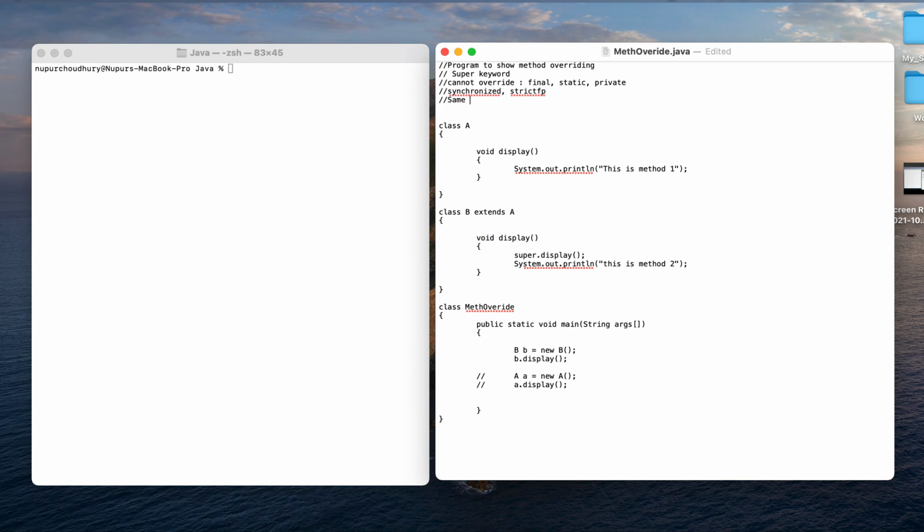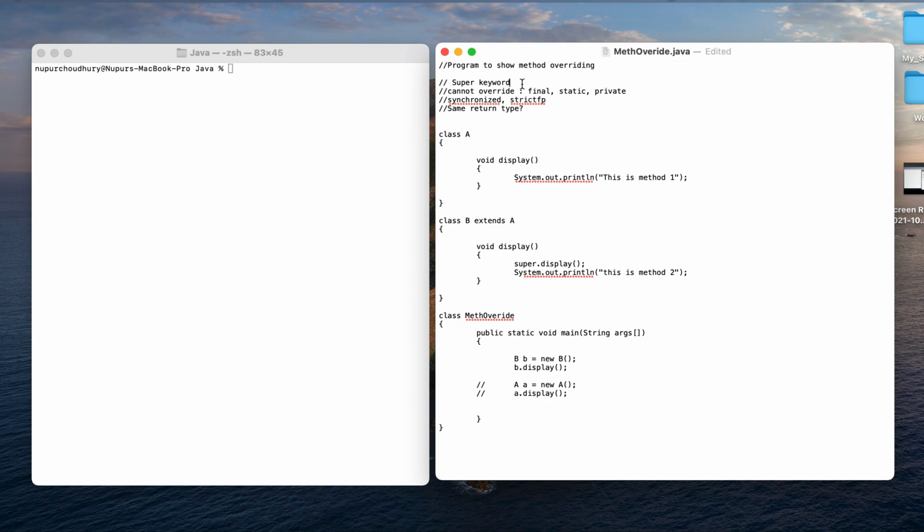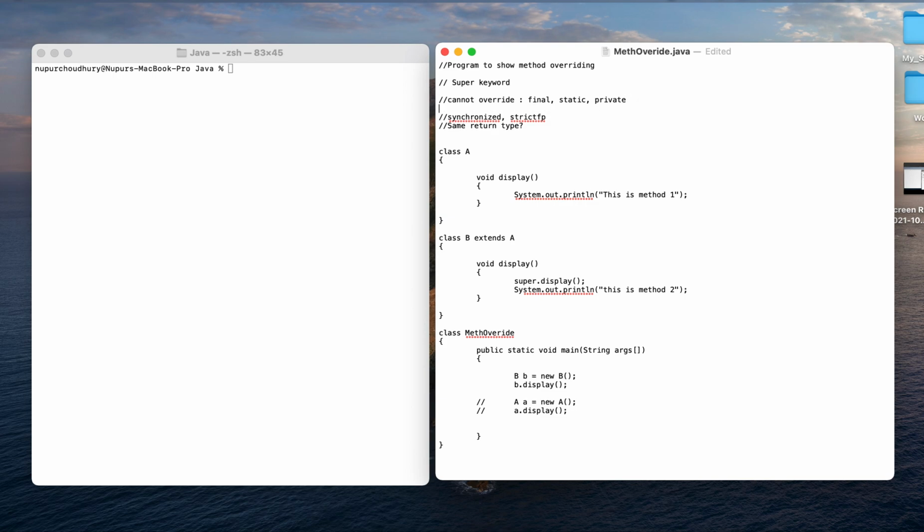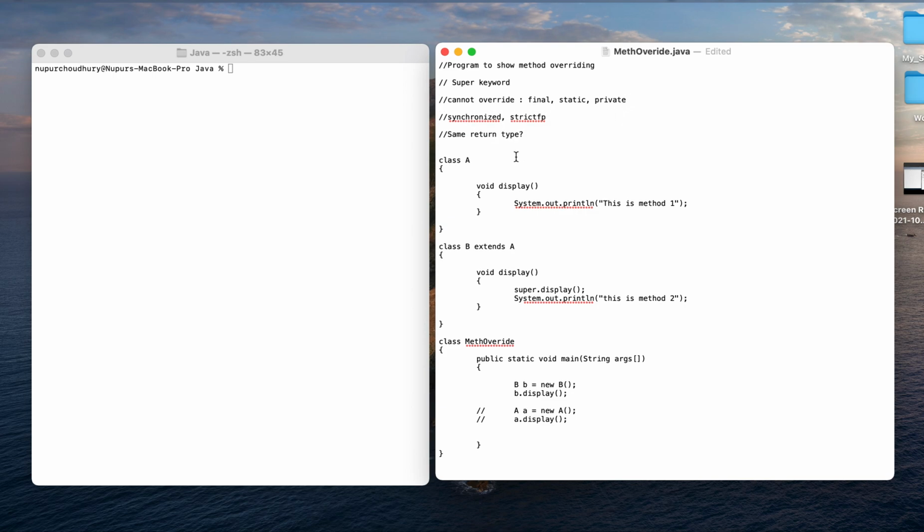So let me write down the question here, same return type. Is it always necessary? We have discussed this point in the method overloading concept also, and we saw through a program that it is not very necessary. Now let us see here whether it should have the same return type or not.